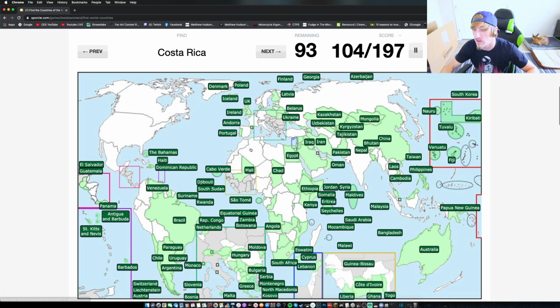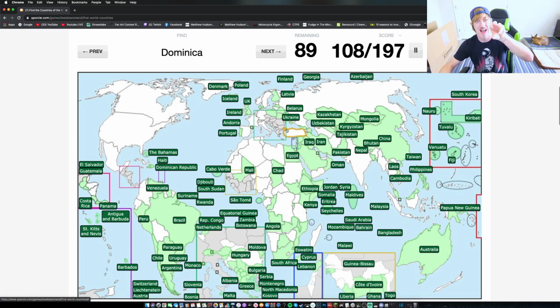Mongolia, right underneath Russia. Costa Rica, down here above Panama. Albania is this vertical kind of country here above Greece. Peru, to the left side of South America. Bahrain, you can't even see it on this map, but it's this little square that they give you right here. It's like a little island that's right above Qatar, off the coast of Saudi Arabia.